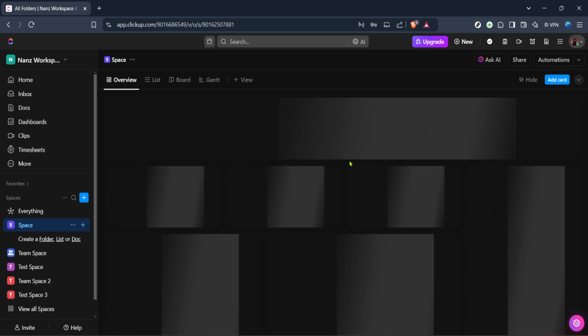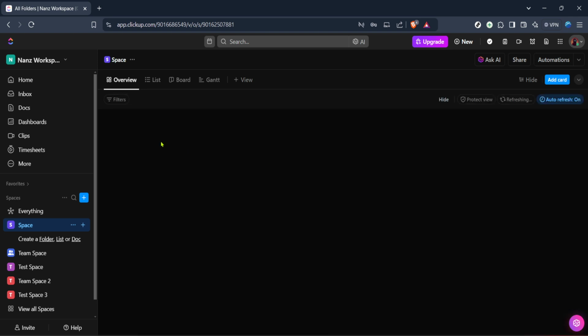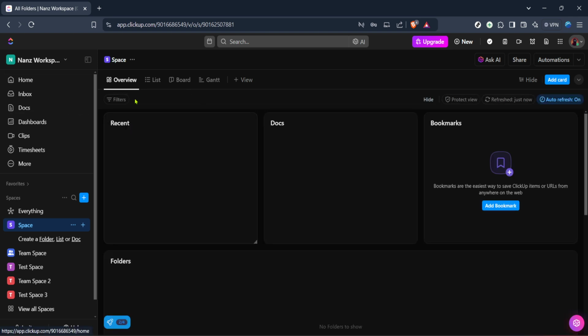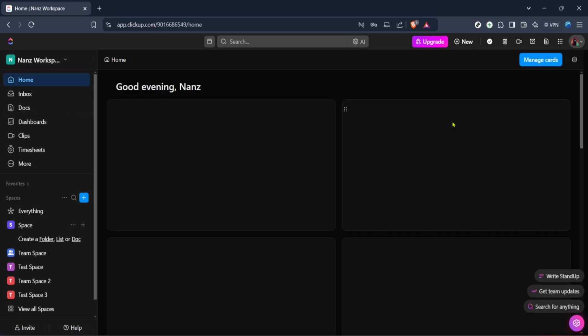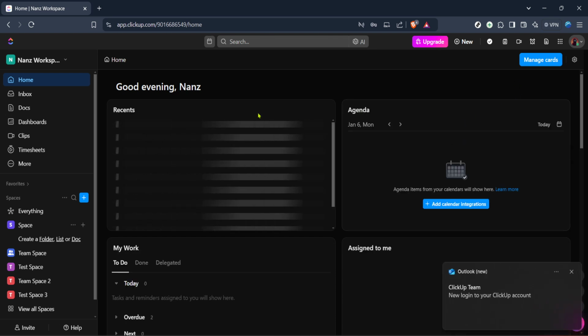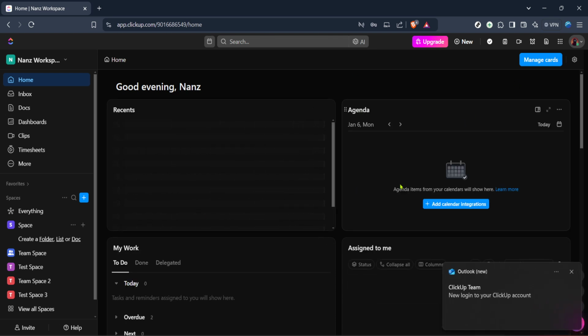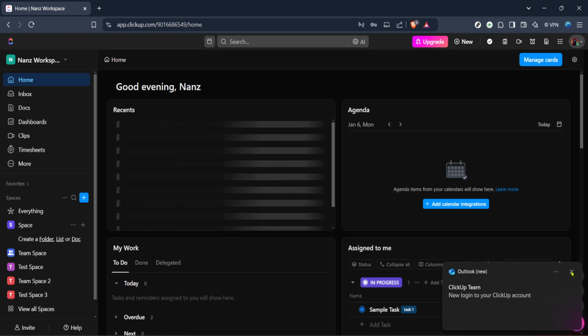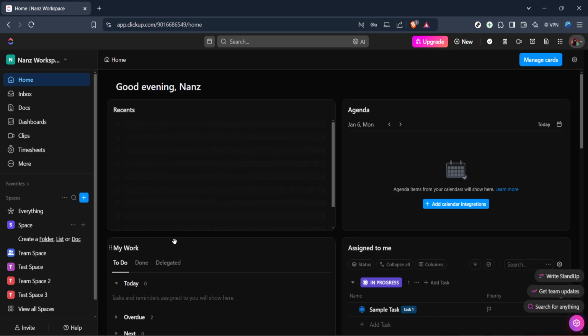This step is straightforward, but remember to double check for any typos, as incorrectly entering your password can result in unnecessary frustration and delay. Having successfully entered both your email and password, look for the login button and give it a click. This will grant you access to your ClickUp dashboard where all the magic happens.